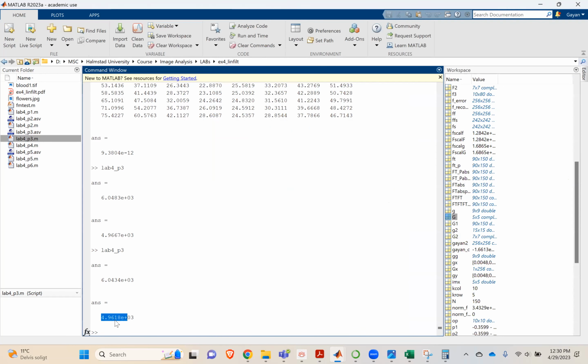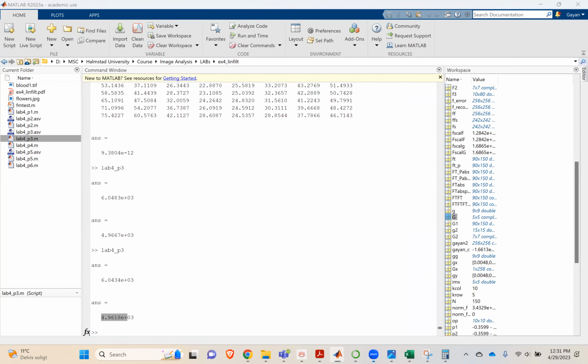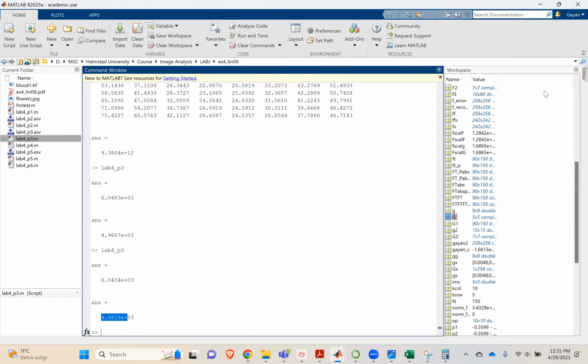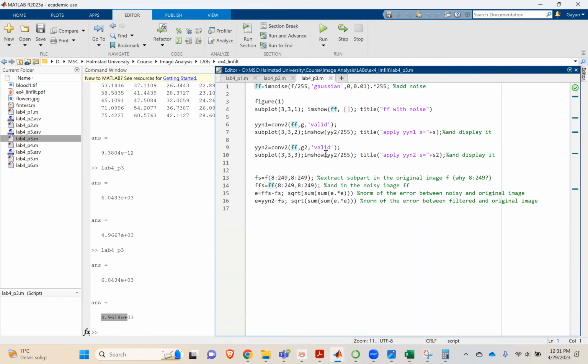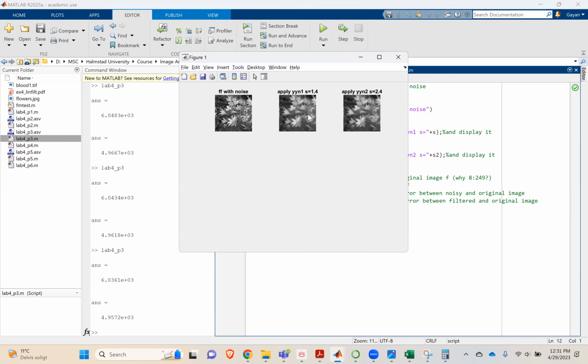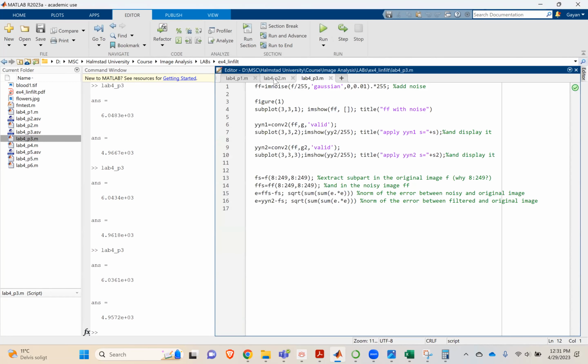See, this is a blur image. When you compute the error, how do we compute it? We took the norm of the original image, and we subtract the norm of the blur image. This is what we did. But this is better than the noise. This is the noise image. But if I just change the size of this G to a little bit lower, because our filter is too big, if I reduce the size of the filter, you will get a perfect image. So this is a little blur, but if I can change it,